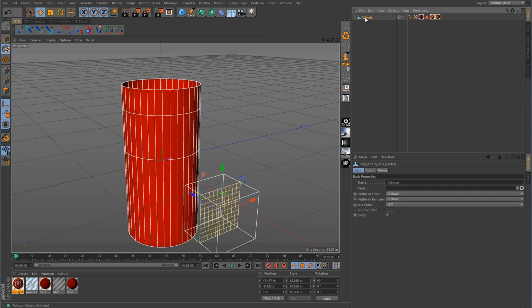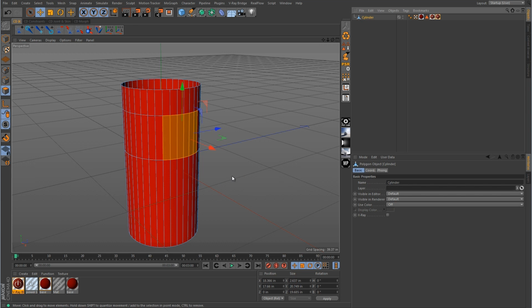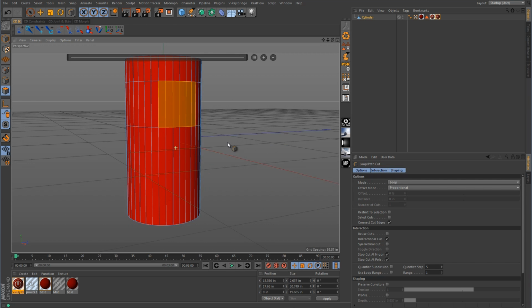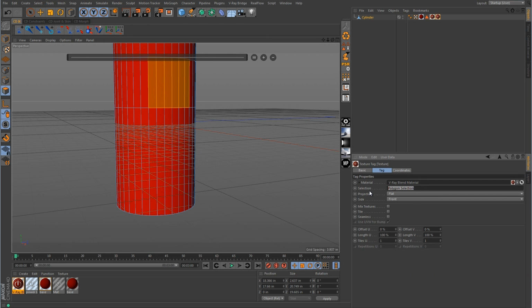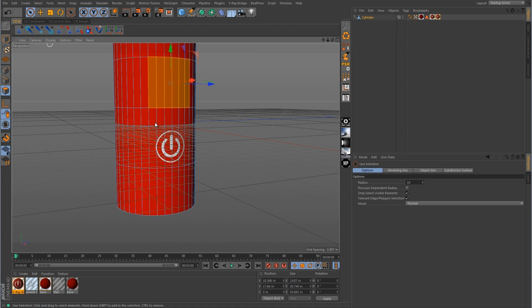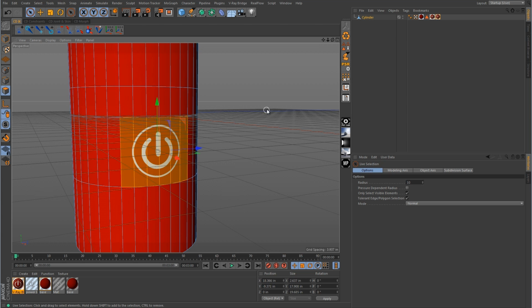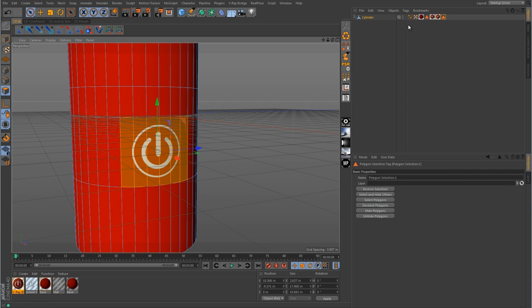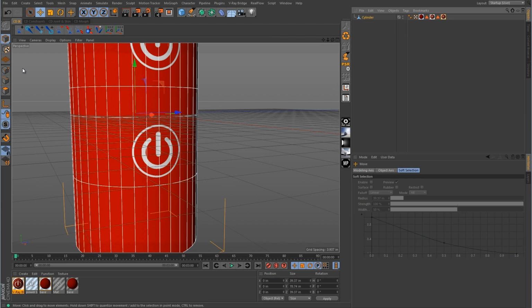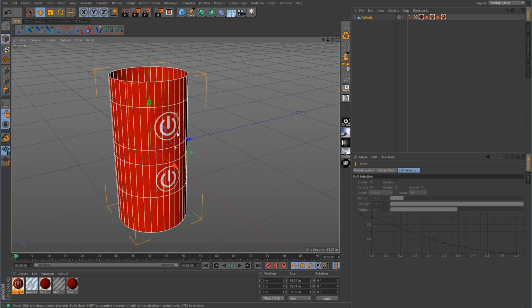And we need to go back over into polygon mode. And we need to do another set selection. Let's make a loop cut. And let's delete that selection from there. All right, so I'm going to make another set selection for this bottom power symbol. All right, and then we're going to drag that one into this second power symbol tag. All right, now if we hit render,